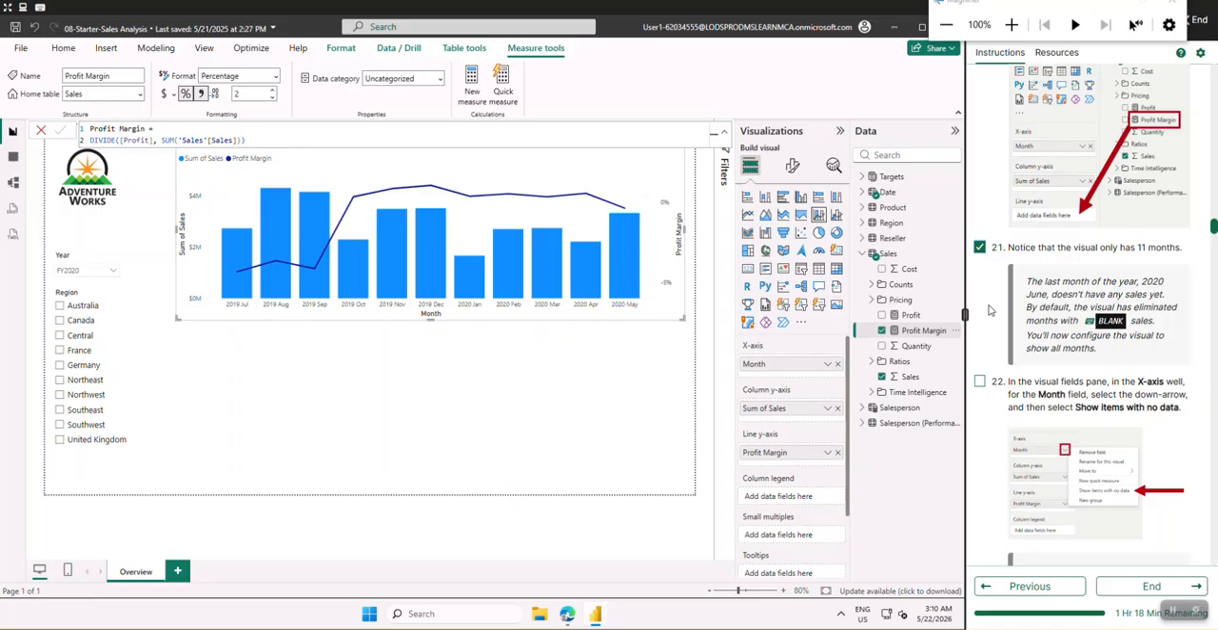Number 21 says you will notice that the data there is 11 months, meaning 1, 2, 3, 4, 5, 6, 7, 8, 9, 10, 11. The 12th month is not there. By default, when a particular data is empty, Power BI does not display it. Are you getting me? When a table does not have any record, Power BI does not display it. So that is why in number 22,